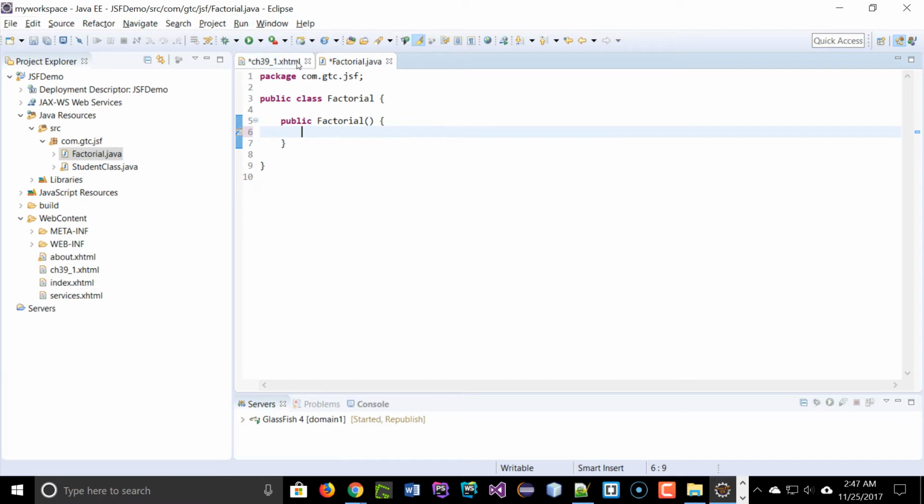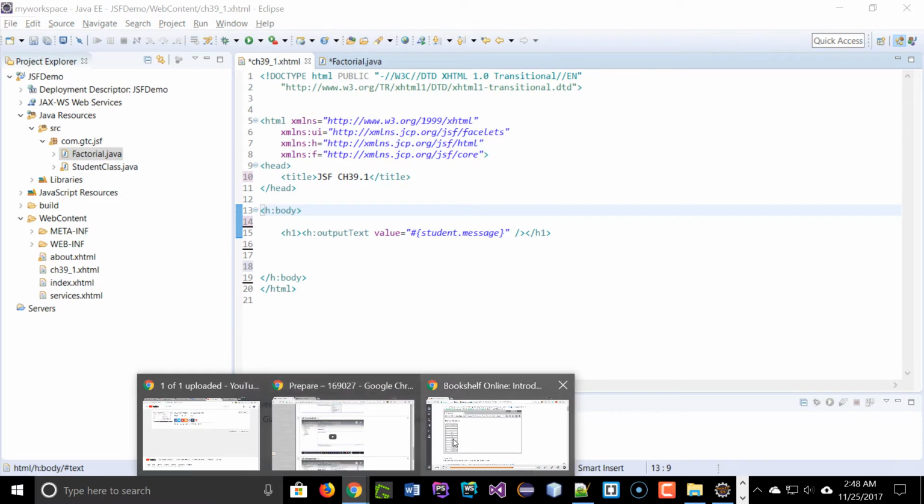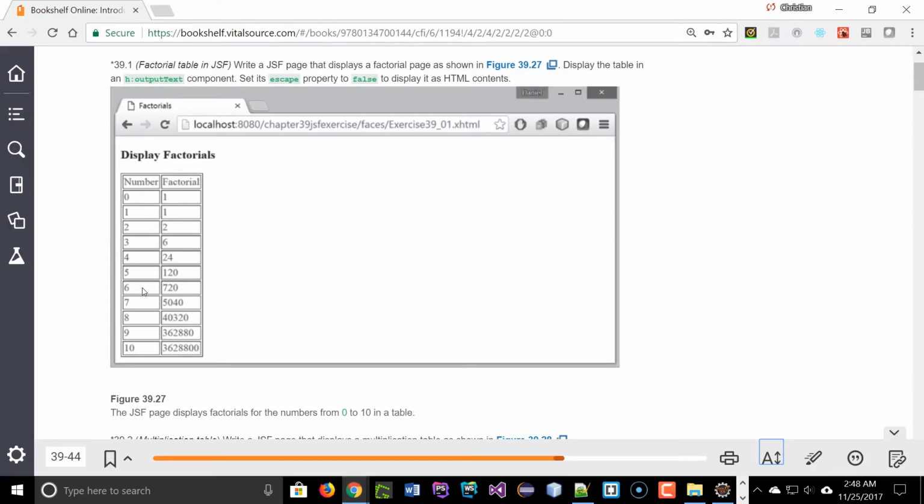If you look at this table here, let me just go back and load that file. You have the numbers, so here it is from 0 to 10. You can set that to 10 as the default if you want, but you should also be able to allow it to change to a different number, reading the input. So we'll just do a default value first. Okay, so we need an n or a number for that. So we add that as a property or field in the